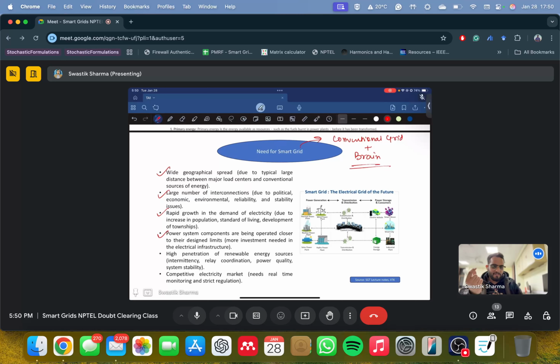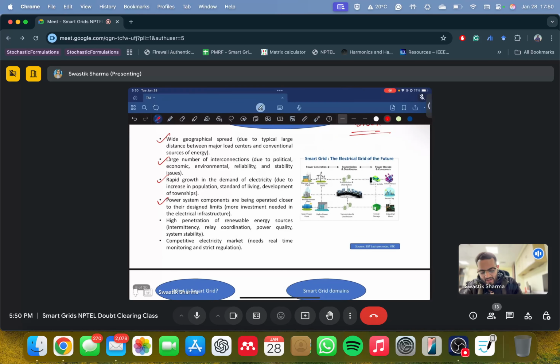So you want to defer this cost as much as possible because this cost is huge. It's very high. And that is an area where smart grids play a role. Also, you have high penetration of renewables. So your renewables are increasing, right? So it's causing variability. You have, let's say, solar, right? And a cloud cover comes and your solar stops generating energy. So that intermittency and that variability is causing problems for the infrastructure right now.